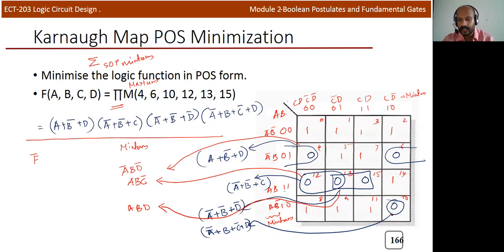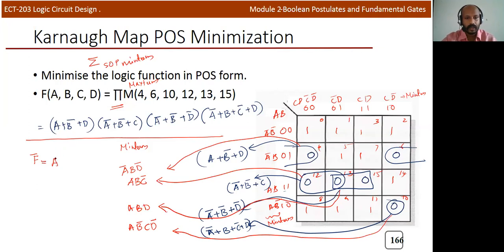And for the last single 0 group, we can write the term like this: A B bar row wise, and column wise it's C D bar. If you are not comfortable writing the max term directly, you can write the min term itself, and you can write it the similar way in the SOP. So you can write all these terms.